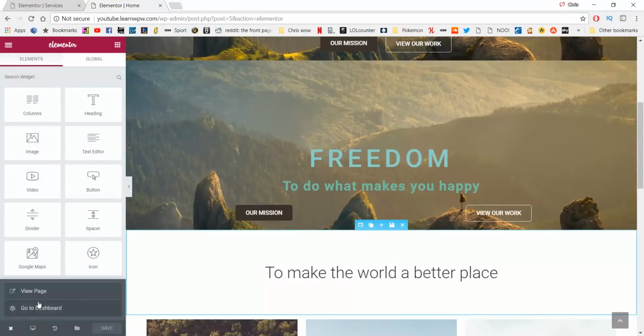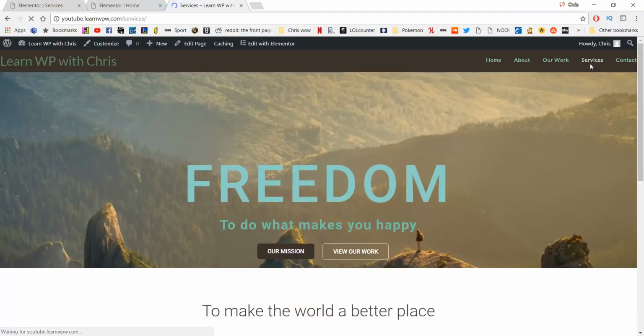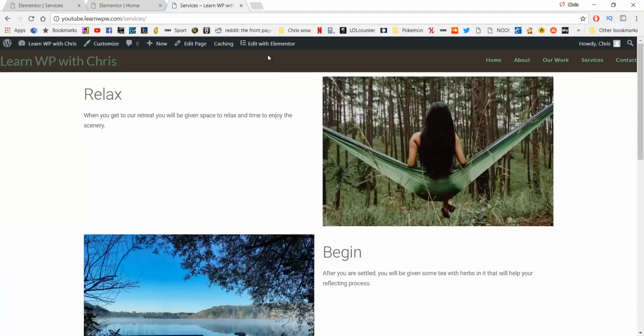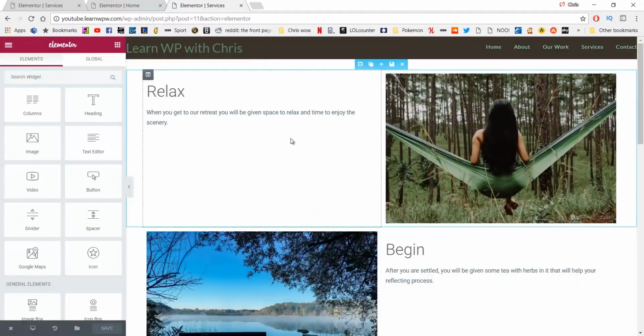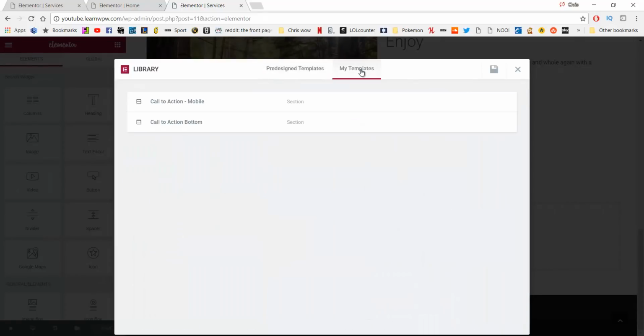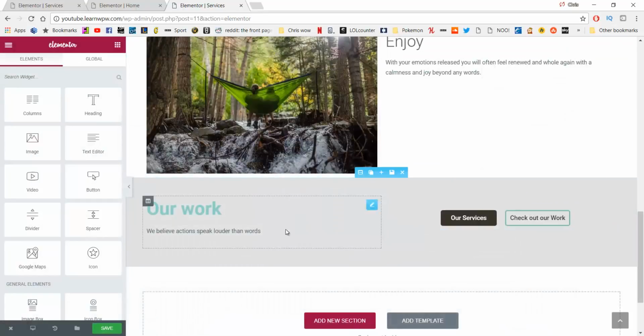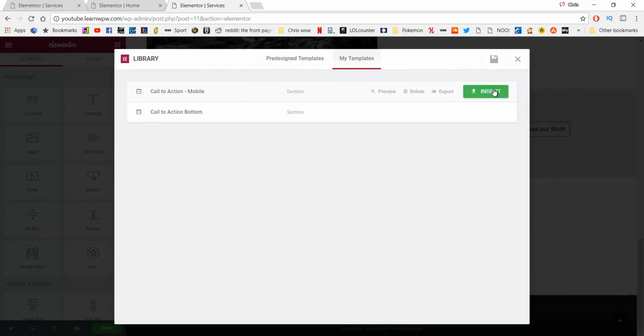So now if we exit out of that and now go to our services page and click Edit with Elementor, and if we scroll to the bottom, we can now add a template. So if we click Add Template and then click My Templates, we can click in the call to action bottom, so insert, and there it is. But we also want to put in our mobile version as well, so Add Template, My Templates, call to action mobile,